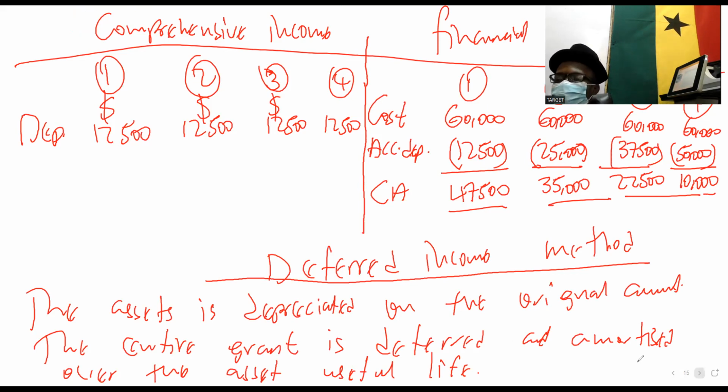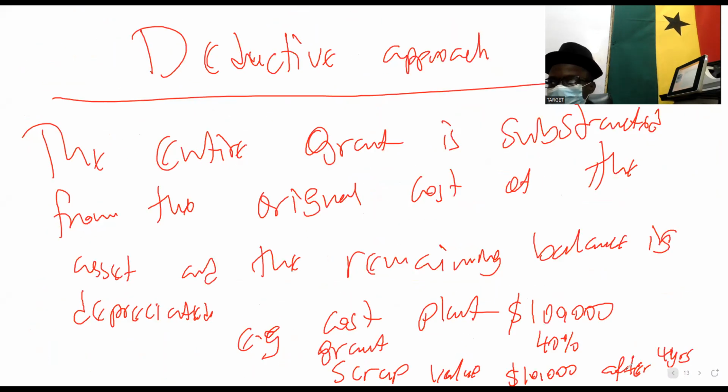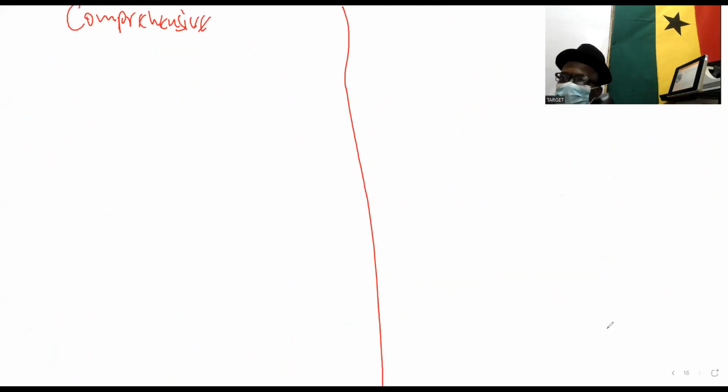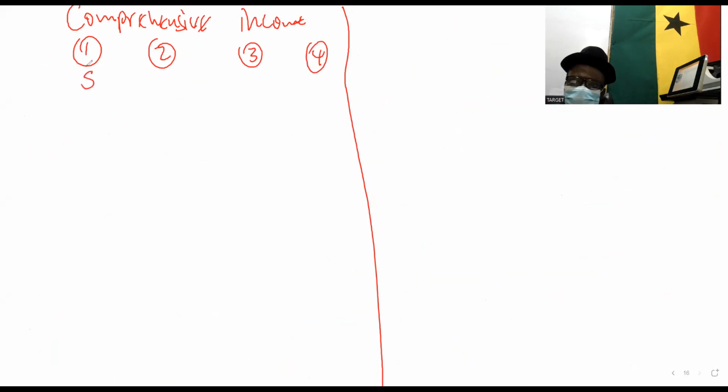Now, so the asset will be depreciated on the original value. What's the original value of the asset? Original cost of the asset is 100,000. So here we are depreciating the 100,000. So please kindly calculate the depreciation, this comprehensive income. Calculate the depreciation for me